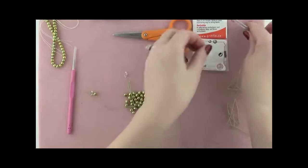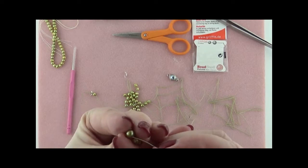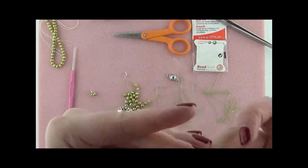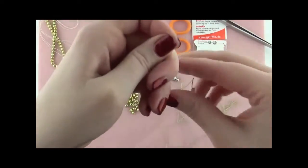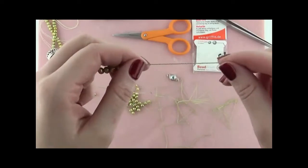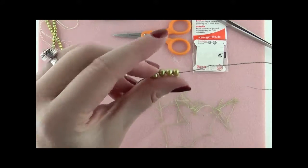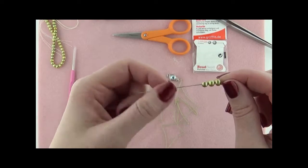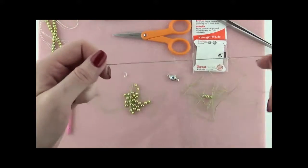To expedite the process a little, you can go ahead and thread a few beads on so that you can just slide them down and knot. Can you hear my beads snick sort of at the bottom of there? That's pretty much how I know that I have the right size of thread, because when I feel that snick at the bottom of my needle, I know that the thread is actually filling up the hole, and that's really what I want. So just leave all of the beads except for the one that you want to be working with down near the needle,